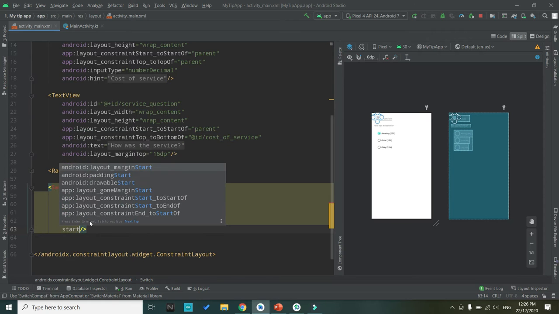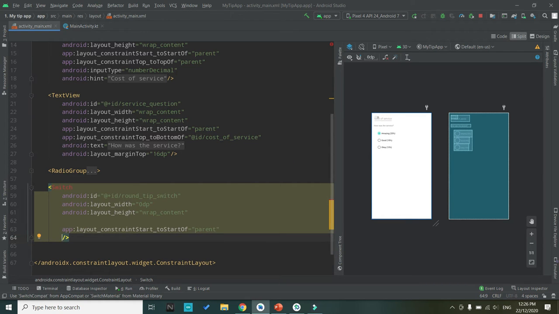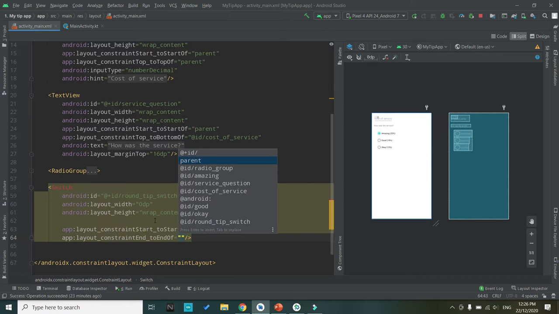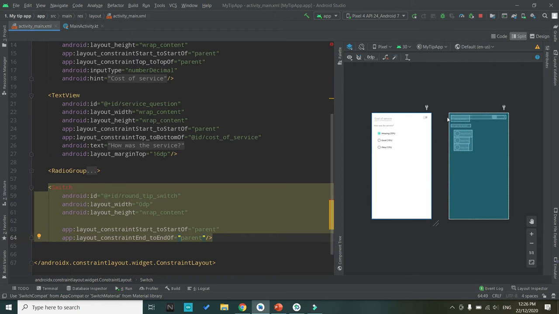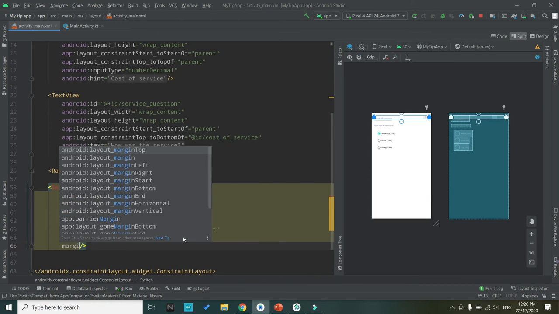So we're putting constraint start to start of parent, which is the left-hand side edge. Then we have to put constraint end to end of parent. We have to finish the end edge of the switch at the end edge of the parent. That's why we're selecting constraint end to end of our parent, which will stretch the switch along the parent. Then we have to put margin top